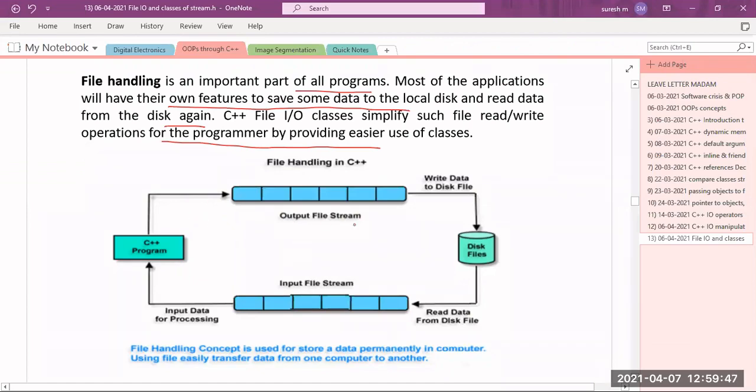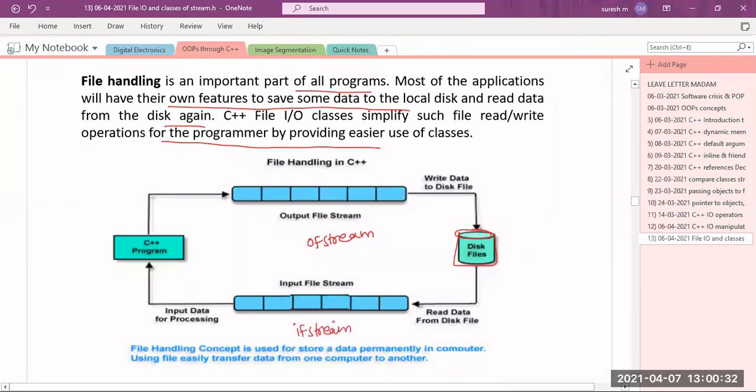In the same manner, I don't want to interact directly with the disk. I don't want to interact directly with the keyboard, so that's why I have the input stream. In the same manner, I don't want to interact directly with the monitor, so I have an output stream, that is ostream. If I want to interact with files, because files are stored in the hard disk, then to write the data into the files, in between we have a stream called ofstream, the output file stream. In the same manner, if you want to read the data from the file, then in between I have a stream called ifstream.